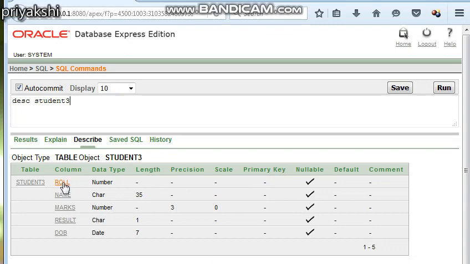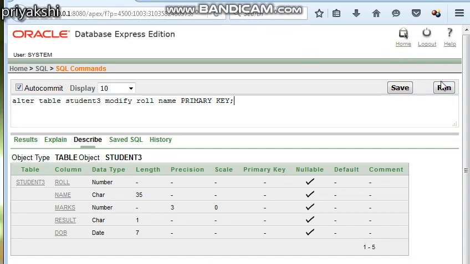Now suppose you have accidentally deleted it, and you think that you want roll number to be your primary key. So you have to alter table name, then write modify roll, which is of type number, with its length, to be the primary key.